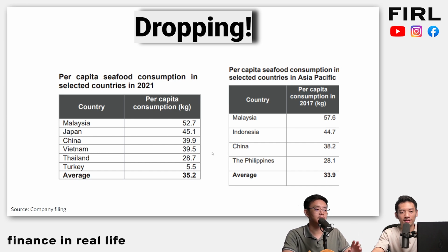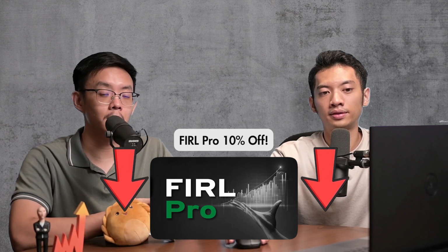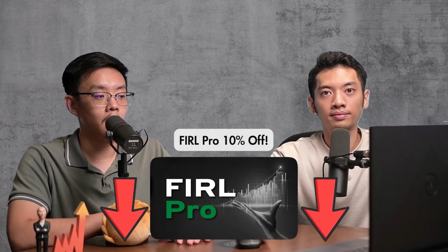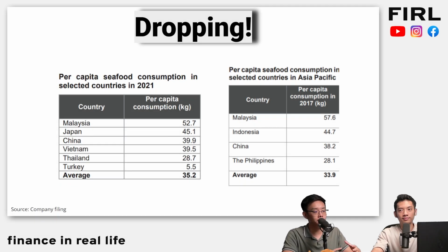Now, I want to caveat that you should not necessarily take this information as is, but with a pinch of salt. It could be true, but do note that it is typically the company that hires the market researchers to produce the data, and they have the interest to perhaps make the numbers look a bit better. So I do believe we consume a lot of seafood, but whether we're number one, I can reserve judgment. That's fine,